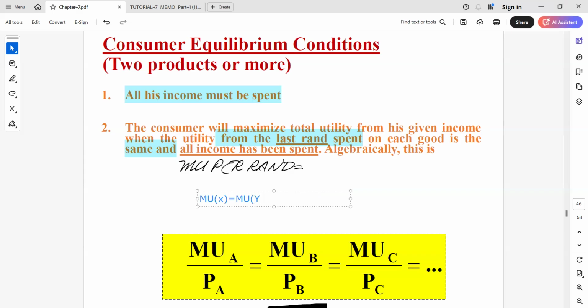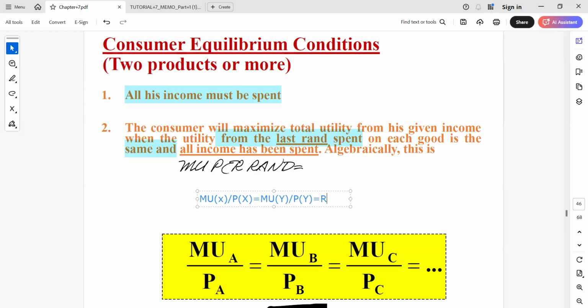Marginal utility per rand. So marginal utility divided by Py. Your marginal utility divided by Py must also be equal to your marginal utility for good X divided by Px, and then this also must be equal to